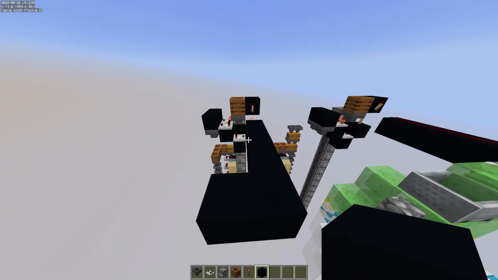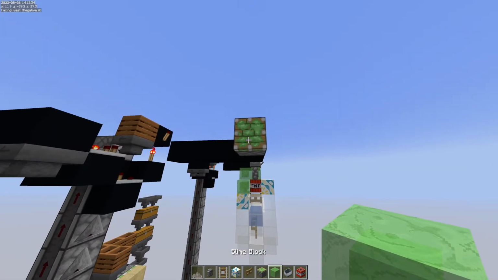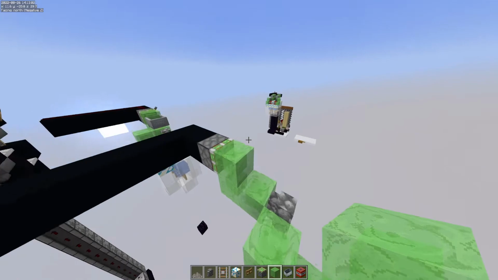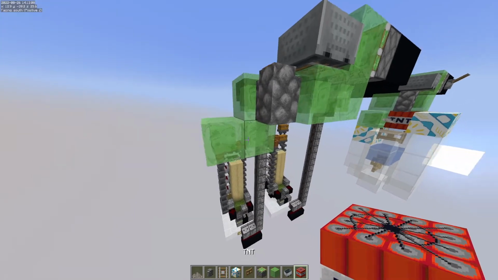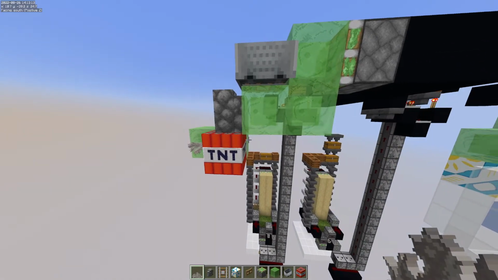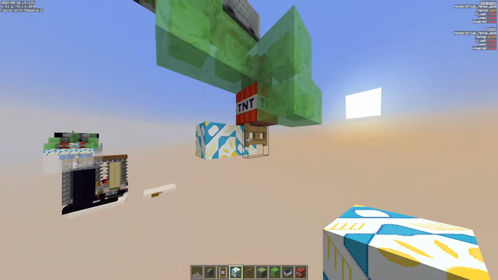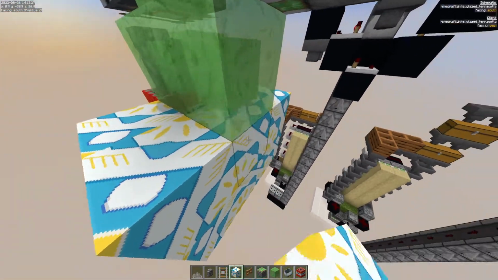So just follow along. So now what you want to do is go ahead and place your piston, then 3 slime in a little L shape, and then your wall, and another 3 slime in an L shape. Go ahead and place your detector rail and your minecart, and underneath the wall place your TNT and a dead coral fan. Now what you want to do is place a fence gate closed like this underneath the TNT, and just surround it like so